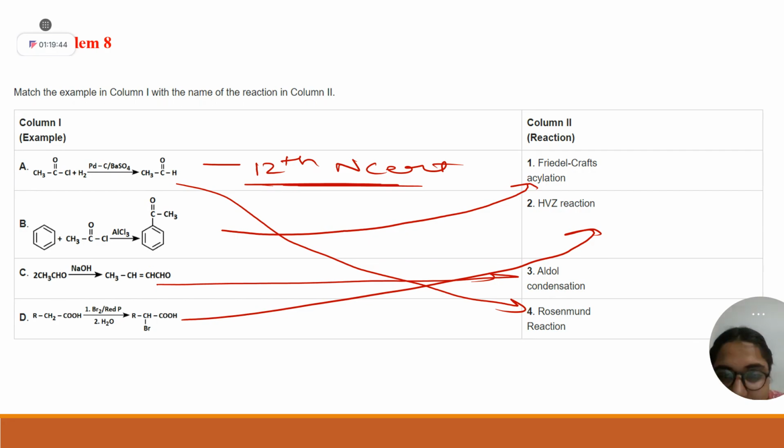Barium sulfate. Ma'am, it acts as a poison, I think. Exactly. It is acting here as a poison. Okay. Shall we move ahead? Yes, ma'am. I think you know the mechanism for each reaction. For the Hell-Volhard-Zelinsky reaction, you know. If you don't know, Google it, and if still you are not clear, ask me in the next class. Okay, I will explain. Sure, ma'am.